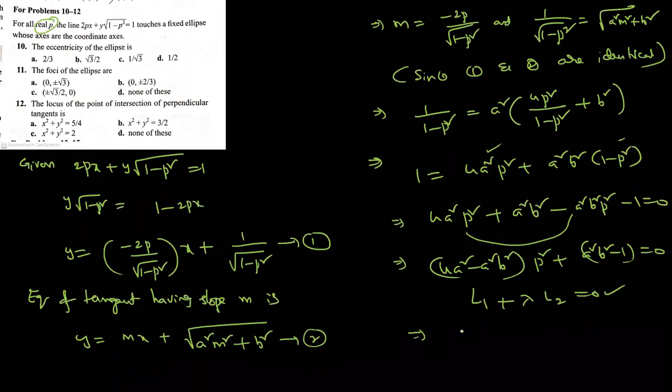That means these lines are passing through the point of intersection of these two lines. Now simplify: a square b square is equal to 1, and 4a square is equal to a square b square. Simplify, how much is coming? B square is 4. Then what is the value of a square in a 1? Please write down, that is the answer.